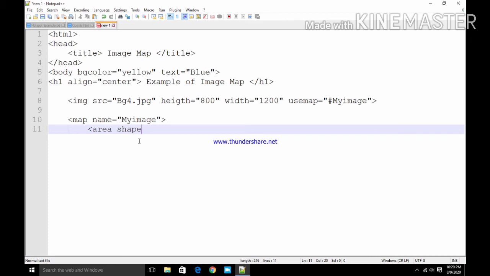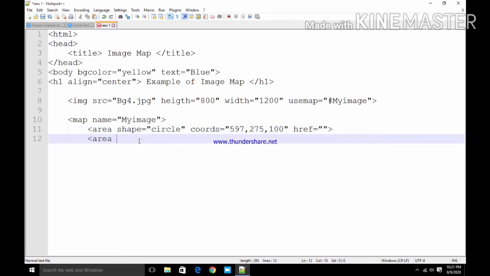First shape is circle. Suppose the coordinates are 597, 275, 100. Okay. And href equals to, initially I am putting it blank.